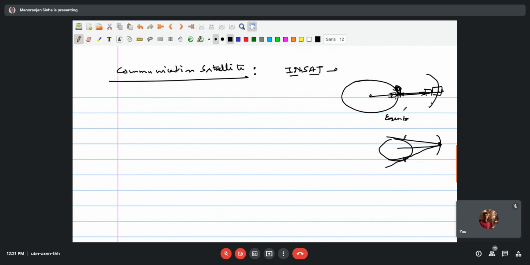Here in this case, you see that as the Earth is rotating, this satellite is also rotating. If it is inertial pointing, then your satellite will go like this, but you do not need the inertial pointing. What you need is a continuously rotating satellite. So this is called the Earth pointing satellite. For communication purposes, now your India comes here in this portion. So for communication purposes, you require an Earth pointing or nadir pointing satellite.